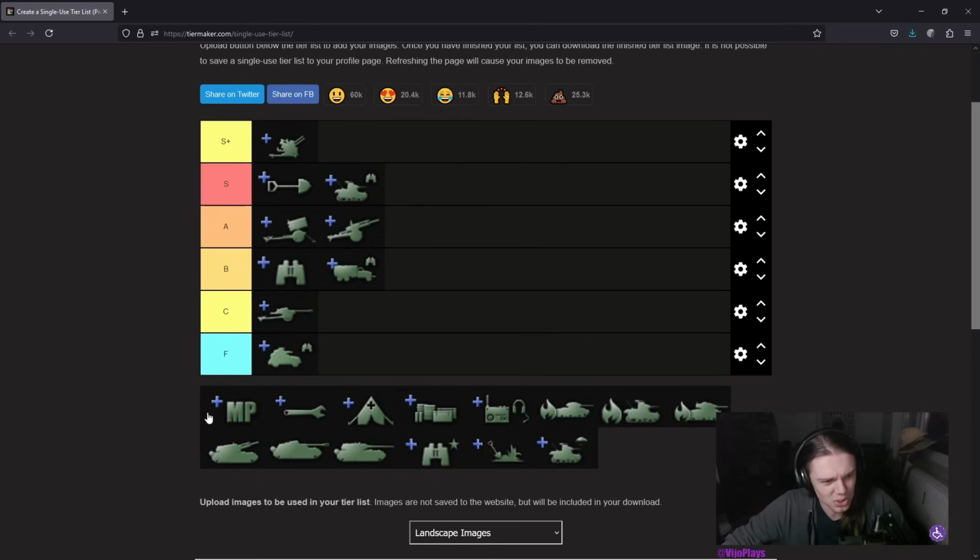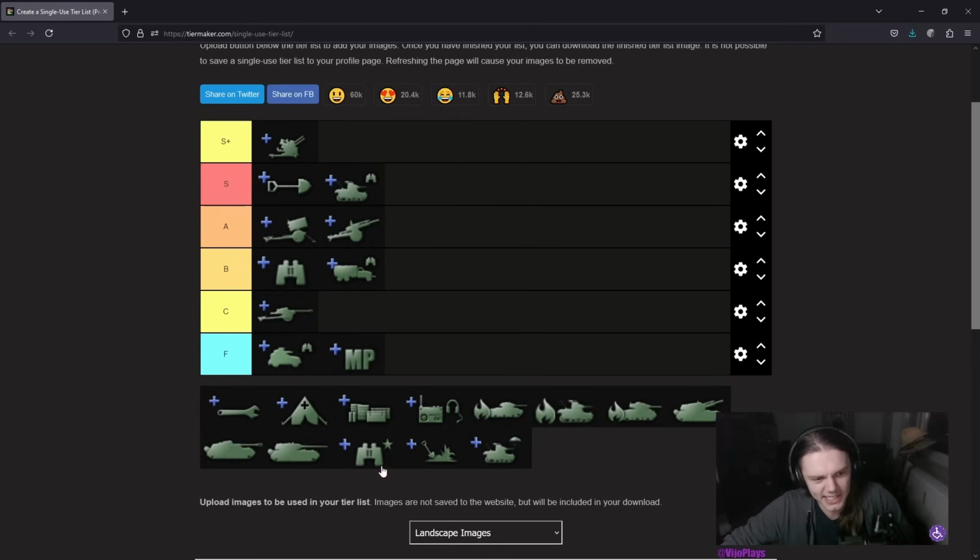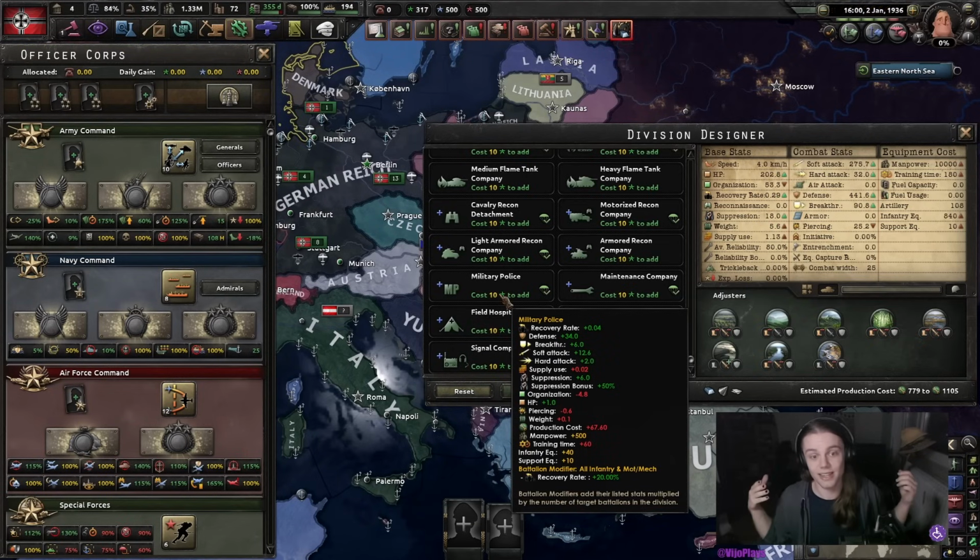Going over to military police. The only F tier company, the only F tier company that you will ever use, because armored cars don't count. The stats that military police give you are absolutely useless. Who cares about defense? Soft attack, there are other companies that give you more soft attack. And that's it. I guess for the recovery rate, they could be nice, but they're very expensive and,